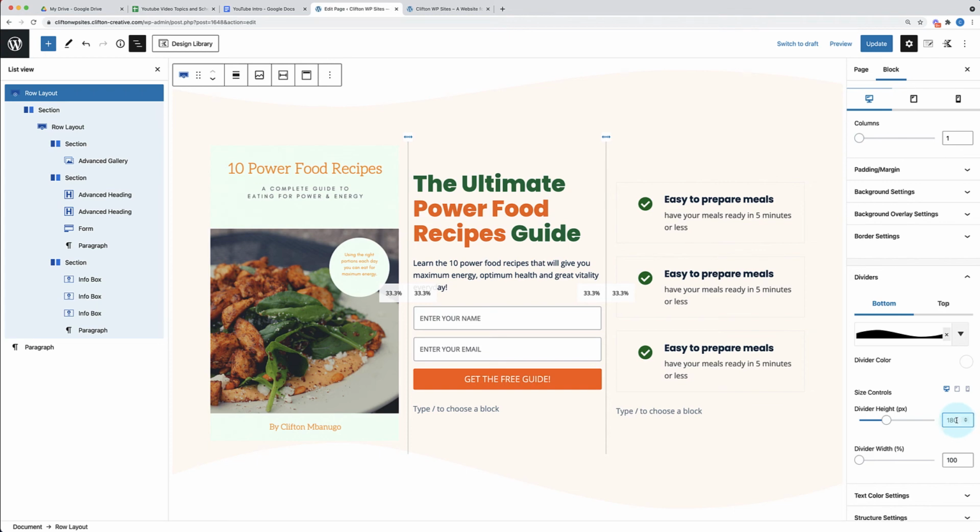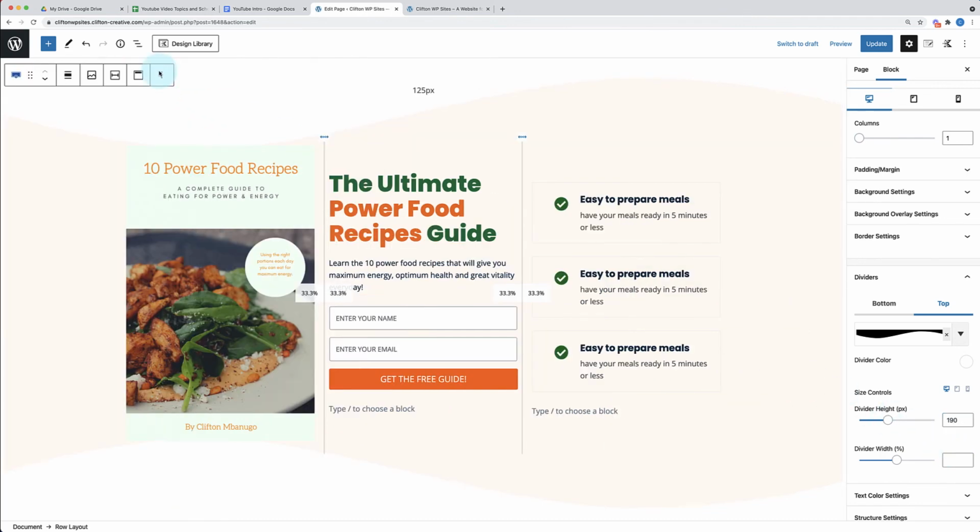A little bit more. 190. There we go. Now it's really nicely pulled in. And then I'm just going to do the same thing to the top. 190. Okay, so now it's really pulled in. Let's close this out here. Illusion. Basically, it just looks like right here on the Power Food recipes, it is pulling in right at the